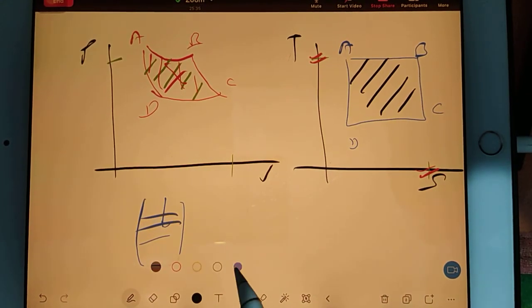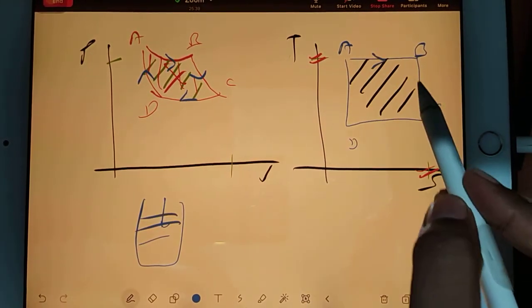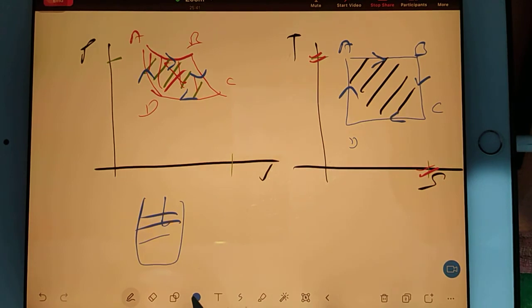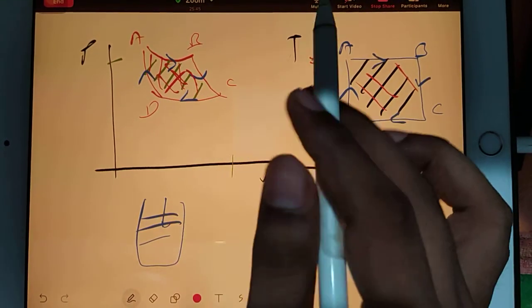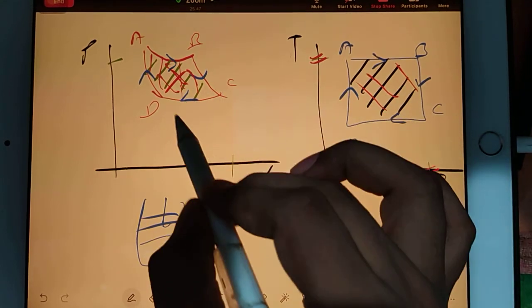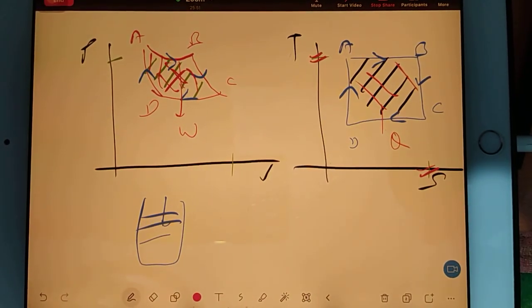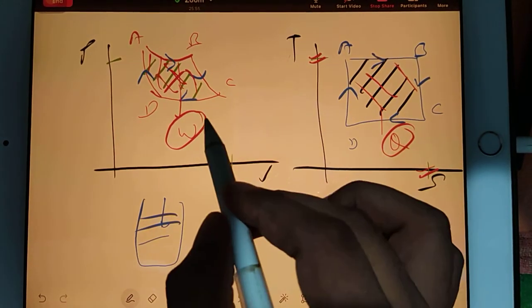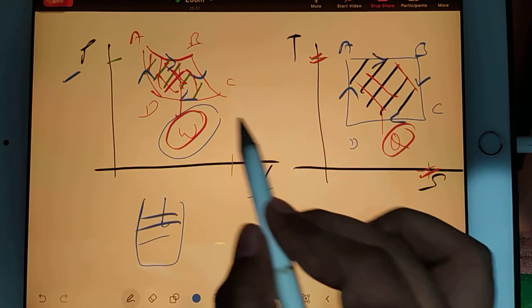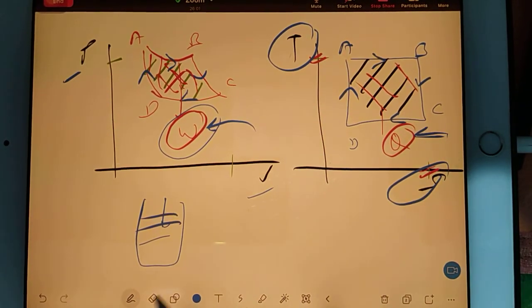One more big mistake we make is that we are not putting the arrow. You should put an arrow like this. Okay. So the area inside this and the area inside this will be numerically different. This area will give you work done and this area will give you heat transfer. So this is the major point to understand. The area under a PV diagram always gives you work done and the area under a TS diagram always gives you heat transfer.